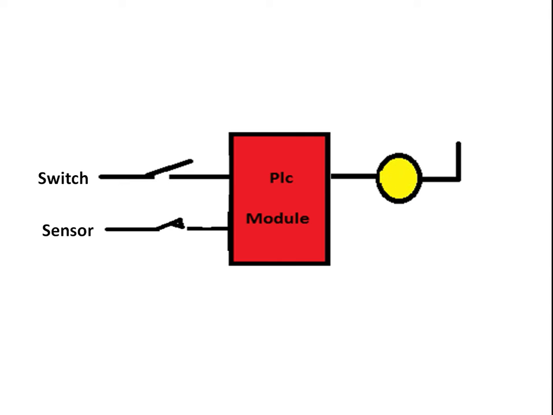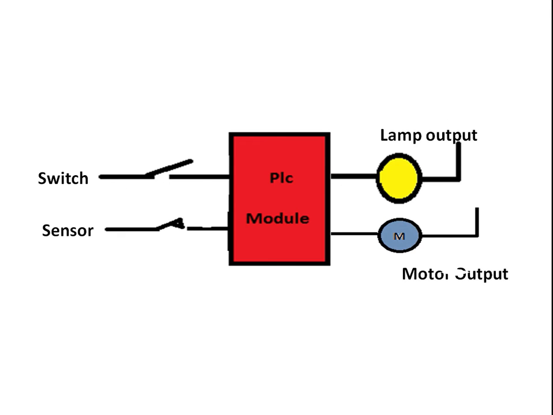Here I am taking one PLC module. You can take a microcontroller also, you can take anything instead of a PLC. So here I took a PLC module, and I will take one switch, that is a manual switch, and again I will take one sensor, that is automatic, meaning without touching anything our load should get on. Now I took one lamp with a switch, meaning digital input and digital output. So this is the lamp output, and I took one motor, this is the motor output. Now I will give supply to the SMPS, and from the SMPS I will give to the module.